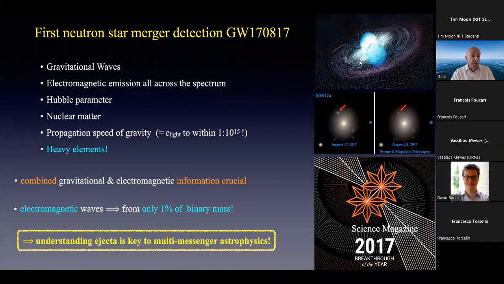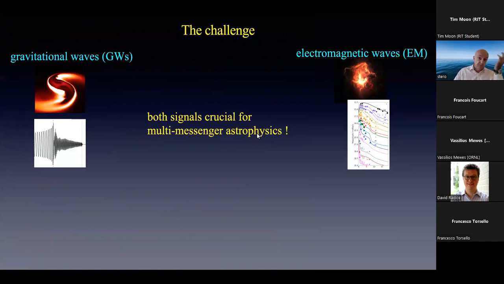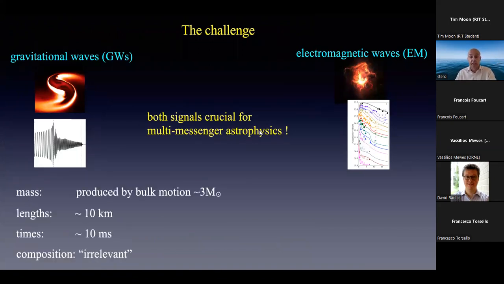Now, it's really important to understand that essentially all of the electromagnetic emission that we see is coming from just something like 1% of the binary mass. And therefore, understanding this 1% that is ejected is really the key to multi-messenger astrophysics, or at least the electromagnetic part of it. Now, as I said, both signals are crucial, and you learn, of course, different things, but